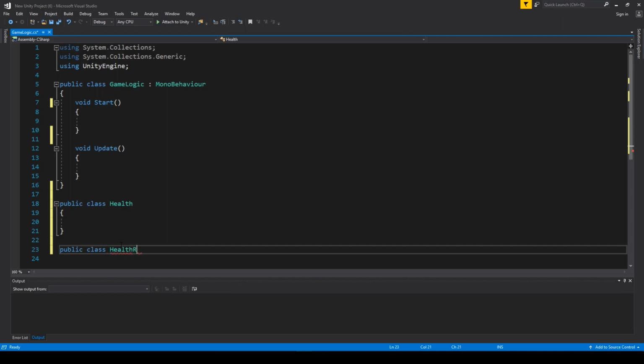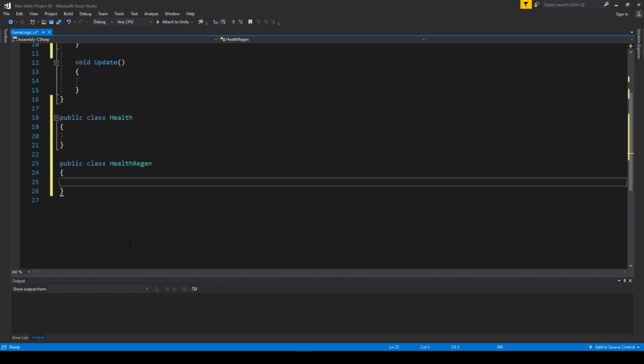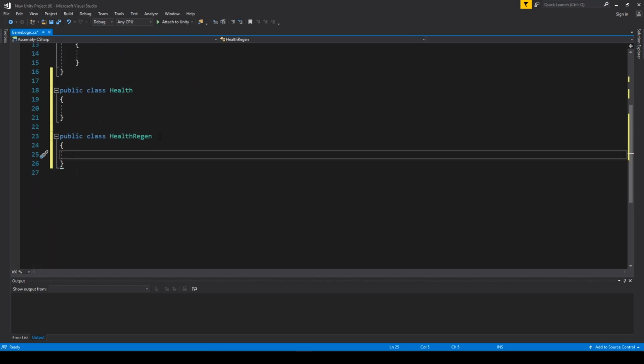What is more, we'll need one more class called public class health regen. We go with health regen, which will stand for health regeneration item. First, let's go with health regen. So it will be a life gem we used in Dark Souls. Okay, so what does it consist of? It consists of two things: